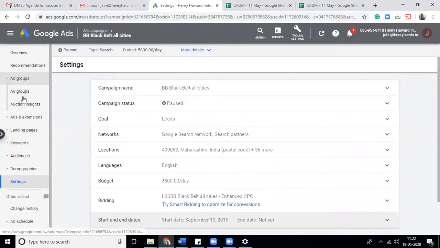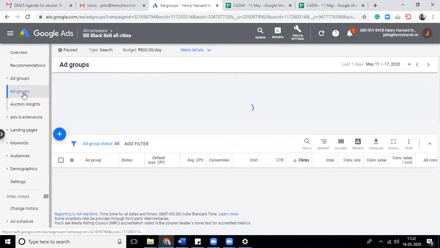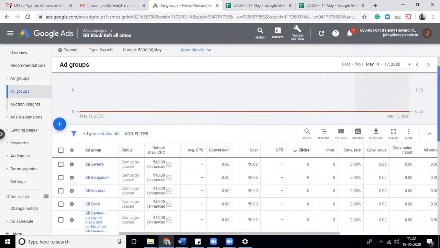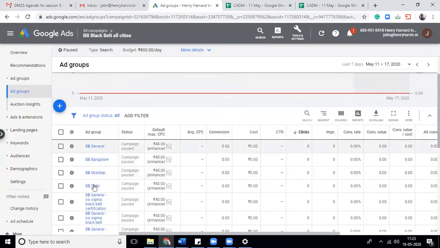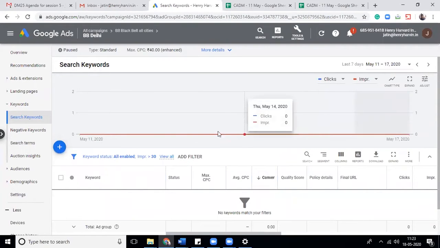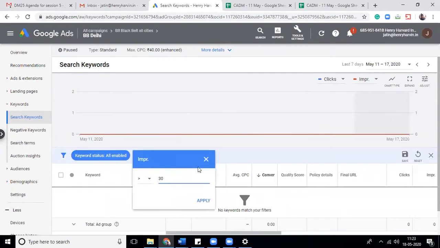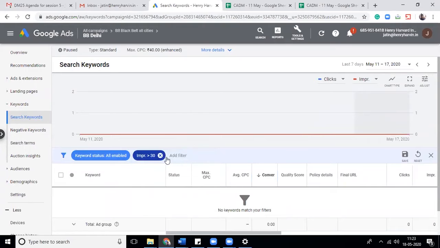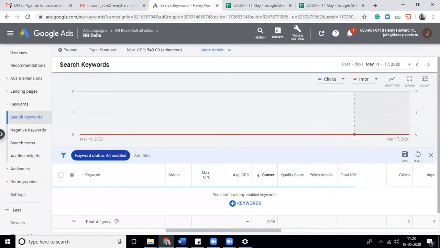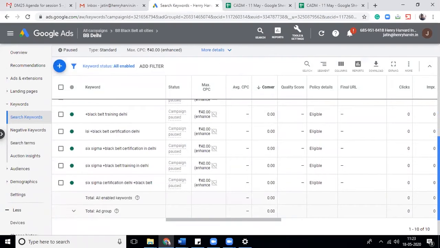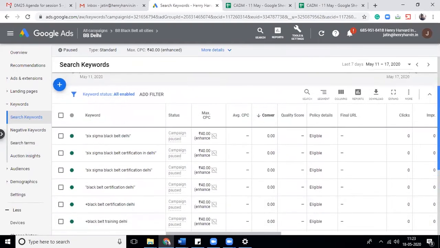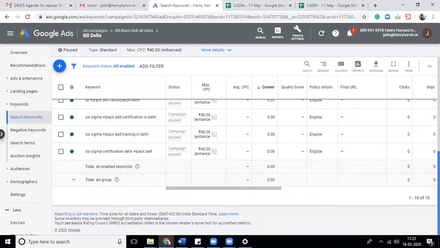Now, the next thing is when you go to ad groups, you see all your ad groups. In whichever ad group you want to go, let's say ad group BB Delhi, you will see all the keywords related to it, filtered and put over here.